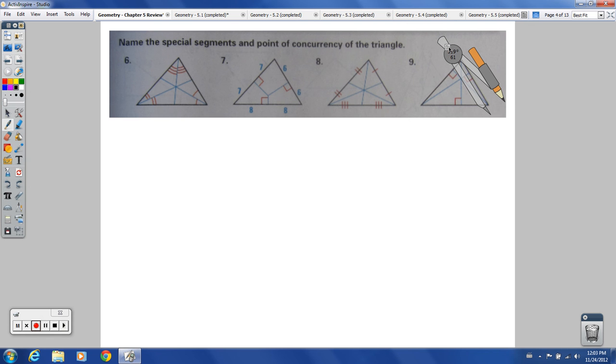Alright, so let's get rid of this. Name the special segments and points of concurrency of the triangle. This one should be pretty quick here. So the special segments, looks like I've cut the angles in half here with each one of those. So that was angle bisectors. And the point of concurrency,